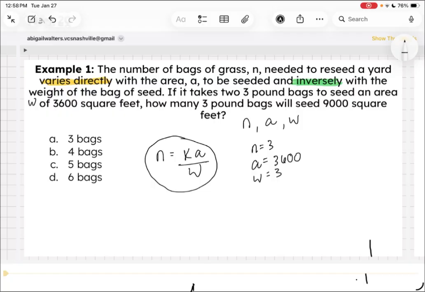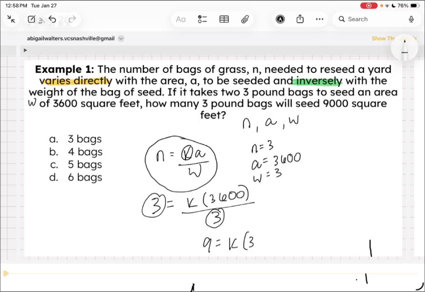If we plug that in and do the math, we solve for K. So we're going to do 3 equals K times 3,600 divided by 3. So 3 times 3 is going to be 9 equals K times 3,600. That means that our new value for K is going to be 1 over